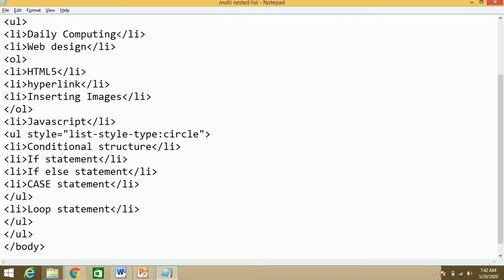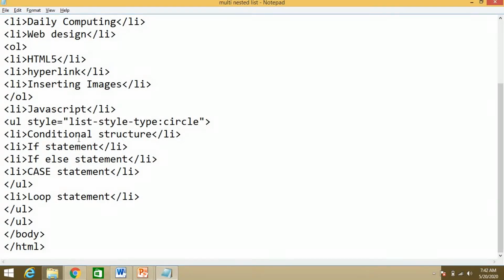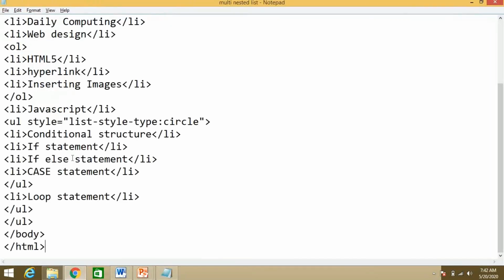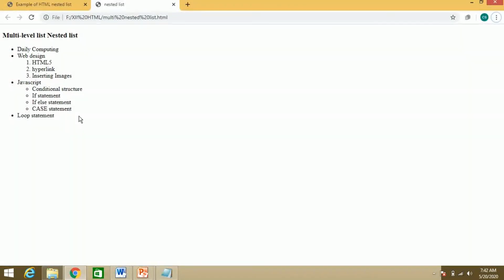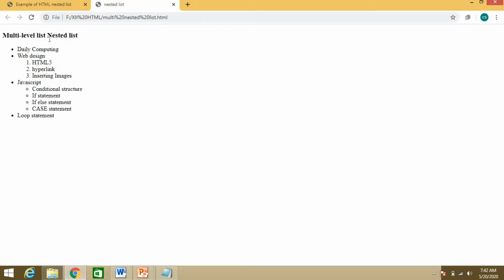After that you have used UL. The style type will be the circle. So this will be the circle. What things you have written in that? Conditional, if statement, if else, and case statement. So this thing. And then lastly you have used loop statement. That is the part of what? This UL tag. Okay, so this is what? Nested list, but having the single level. Here we have multi-level. Okay, so this completes your